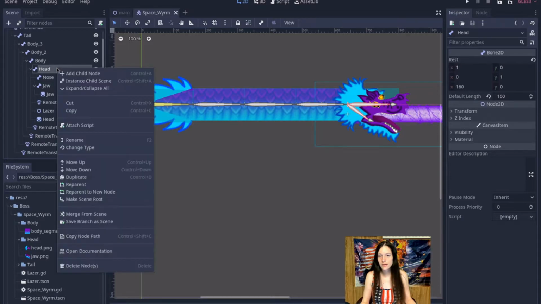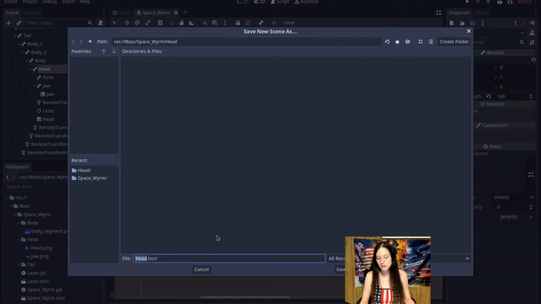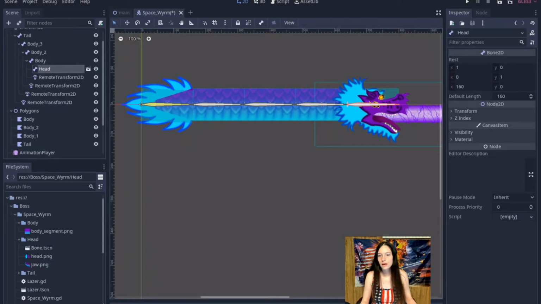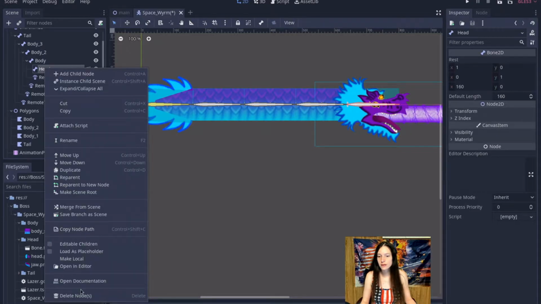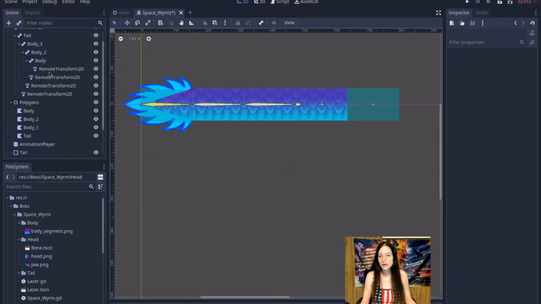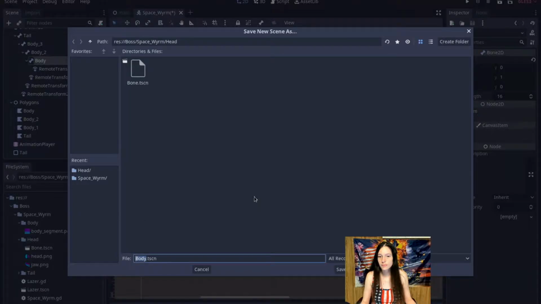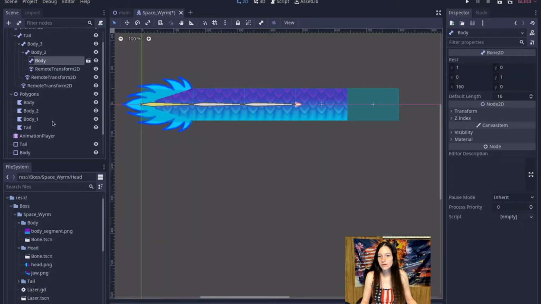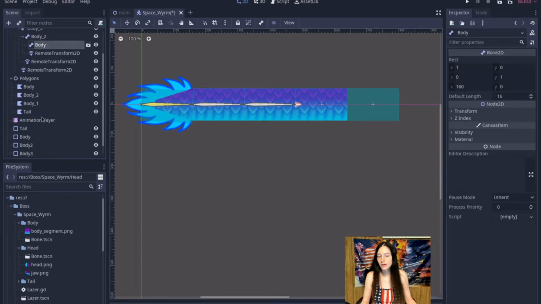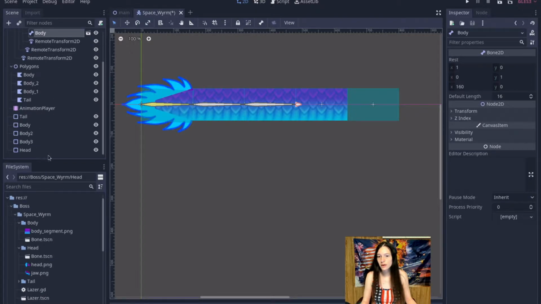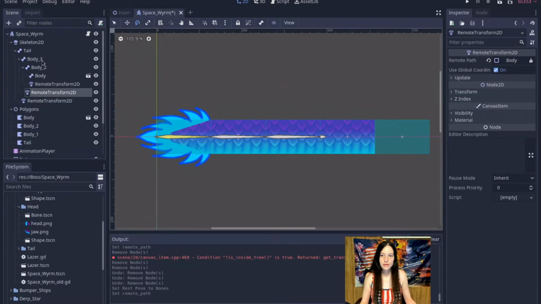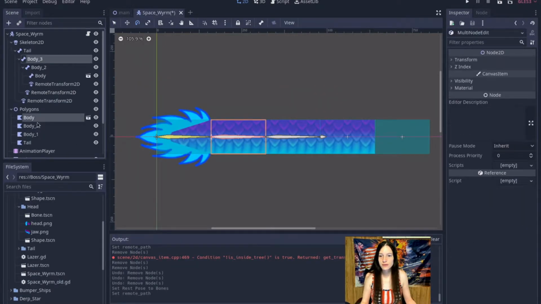I save the head bone as a new scene and remove it from the worm skeleton. Then save the last body bone with its remote transform. I also export the body polygon and head and body collision shapes. Then I delete everything but the tail,